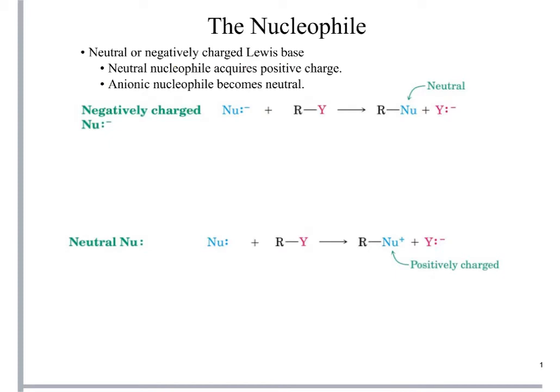Let's now take a look at the nucleophile. We can have either a negatively charged nucleophile or a neutral nucleophile. So if we start with a negatively charged nucleophile, we end up with a neutral product. For example, if I have a primary alkyl tosylate reacting with a cyanide ion, which is a potent nucleophile. So if I add the nucleophile in the form of sodium cyanide, then my